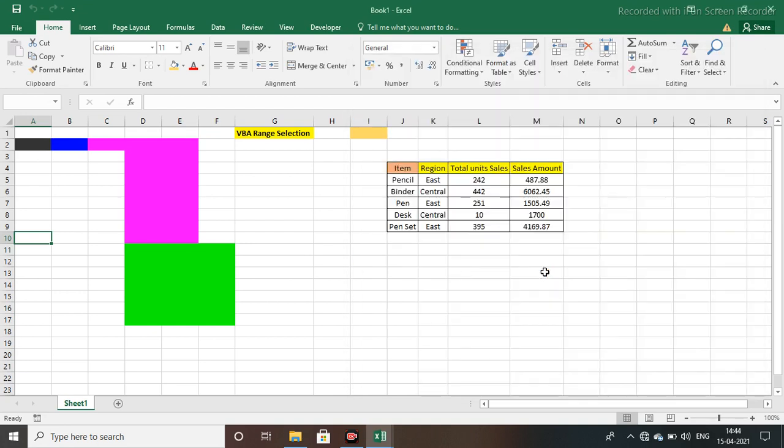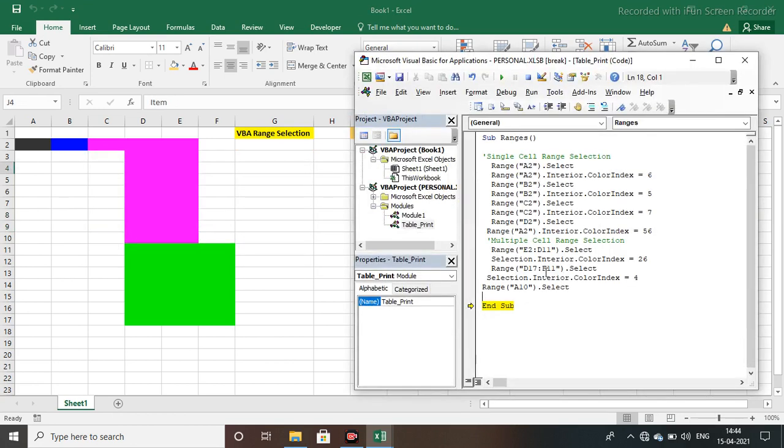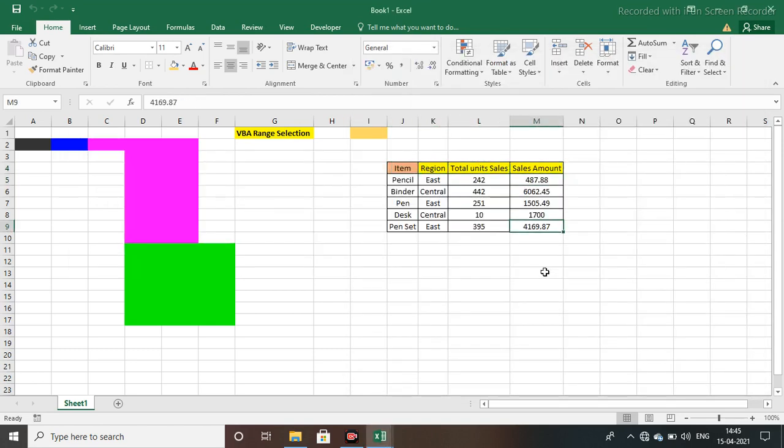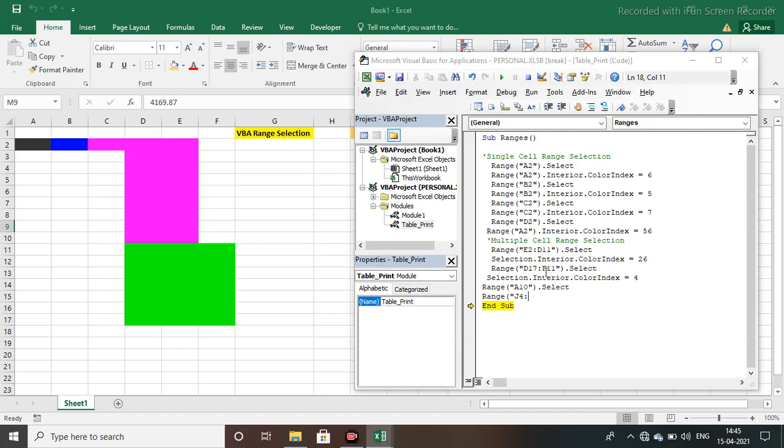Suppose you want to select this table. What will be the range? J4 to M9. So if we want to write the code over here: Range J4 to M9 dot Select.